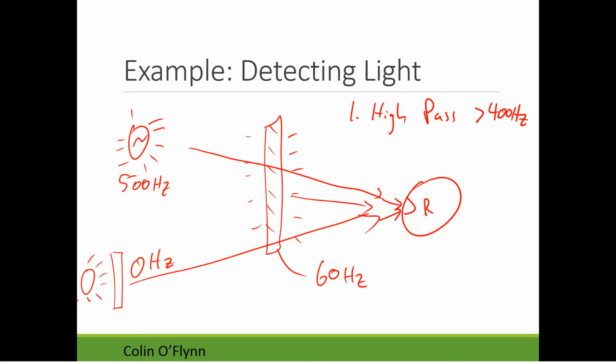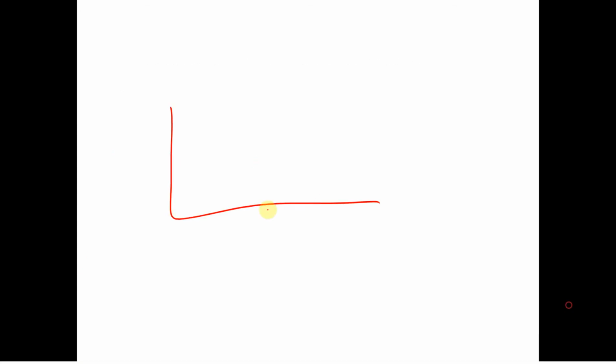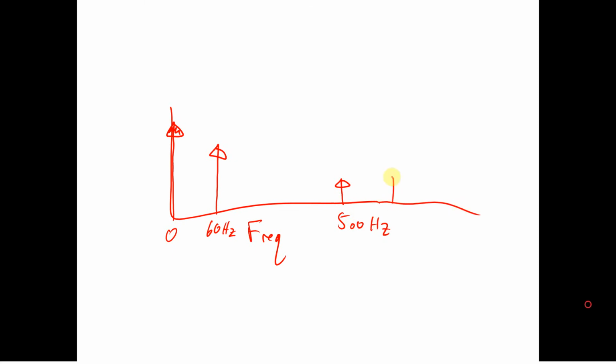So if you put a high pass filter on, looking in the frequency domain, there'll be a bright sunlight amplitude at DC, at 0 hertz. There's going to be another spike at 60 hertz, and this is the overhead lights. And way up here, and maybe it's not that big, at 500 hertz, we have our signal source of interest. In the robot competition, there are a few different frequencies of the signal source. There's 1 kilohertz and 2 kilohertz as well.